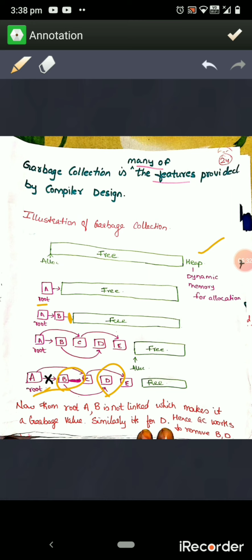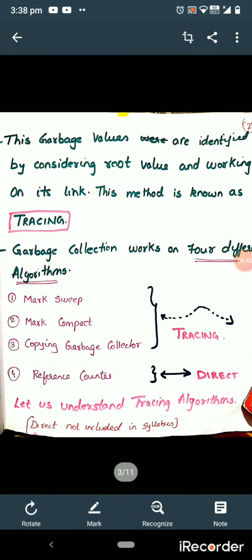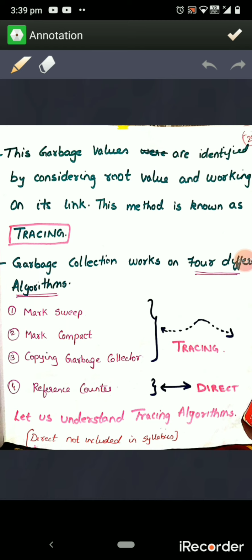This mechanism of identifying the garbage values by tracing the objects, by following the links between the objects, is known as tracing.